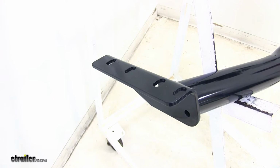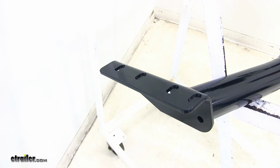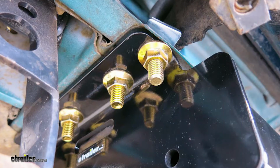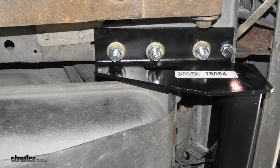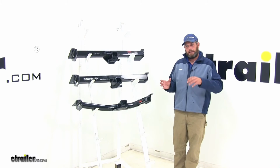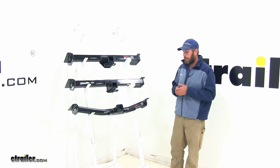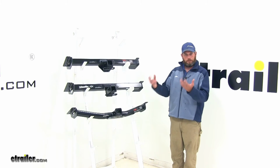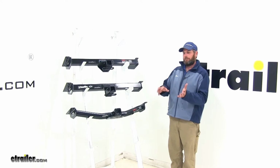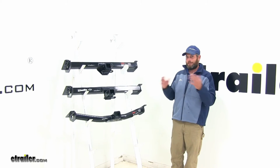Now, as far as installation goes on our hitches, they're all going to install exactly the same. We have 4 connection points on the driver's side, 4 connection points on the passenger side, giving us the same install procedure. Now, depending on the year of your Cherokee, the exact procedure for installation might change a little bit, but if you have a 95, the hitches are going to install exactly the same way. You'll use the same hardware. It may be different for the 2001, but each one of them, again, are going to have the exact same